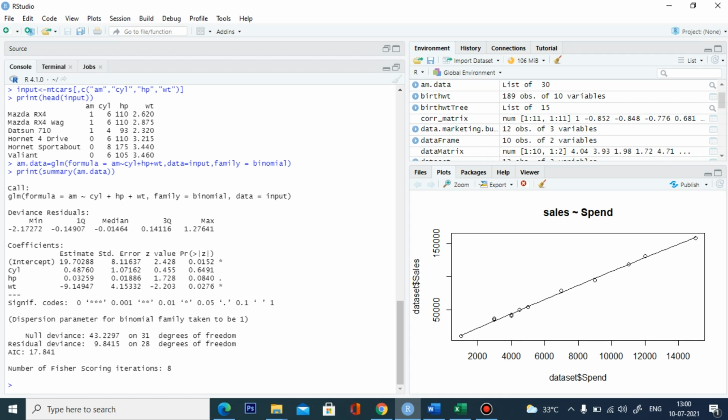Here the cylinder and horsepower do not have as much impact on your y variable, but the weight has a good impact on your y variable. Here the significance code shows that weight has a strong impact on your model. So if the weight varies, that has a huge impact on your response variable.